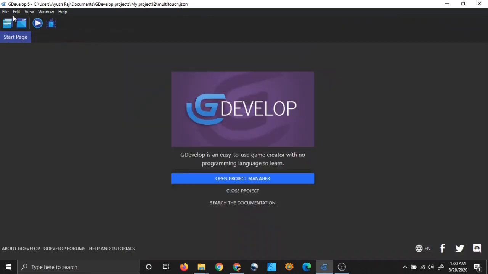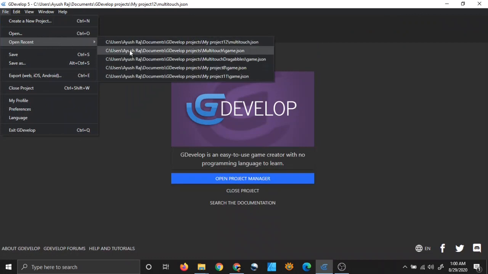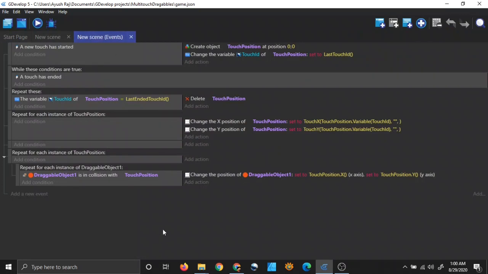Right. So let me go back to my project. I think this one. Yeah. So you can see there is so much code here, and let's first begin from the beginning. A new touch has started.